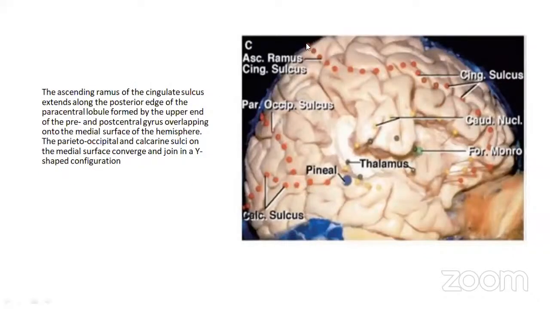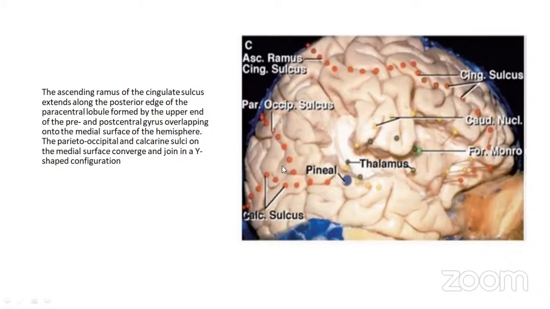Here you can see the ascending ramus of the cingulate sulcus, which extends up to the posterior edge of the paracentral lobule, formed by the upper end of the pre and postcentral gyri overlapping onto the medial surface of the hemisphere. The parieto-occipital